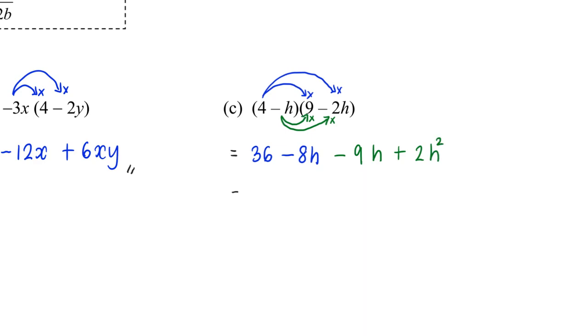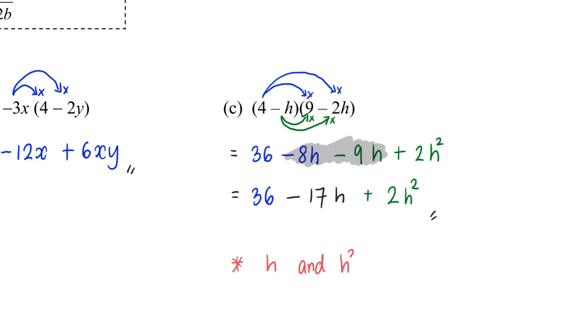This is not the final answer because I do see that there are like terms for me to continue to simplify. So you will see 36, negative 8h and negative 9h. They will make negative 17h. And there is the positive 2h square. And we are done. Important note to take note is that h and h square are